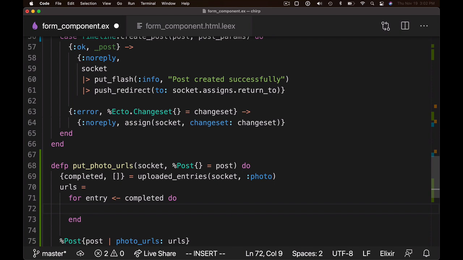So in this case, we are uploading our files directly to our local web server, at least to start with. So we can make use of the route static path helper. Since these are going to live locally, they can just be a local file path. And that takes our socket, and we are saving these to priv static uploads, which gets served from the root uploads directory. So this can be /uploads, and then we just have to figure out how we want to name